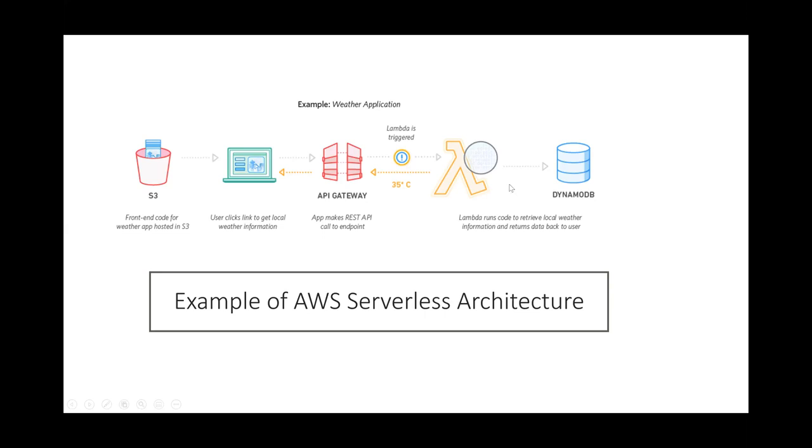a database record from DynamoDB. This is a typical serverless architecture where, for example, your customer records and product items are sitting in DynamoDB. You are not provisioning any database memory or resources here. You're just paying for reads and writes on DynamoDB. And then the Lambda function will be retrieving these records from DynamoDB, and then responding back through your API Gateway to your user who is clicking to get the local weather or the product catalog or whatever.